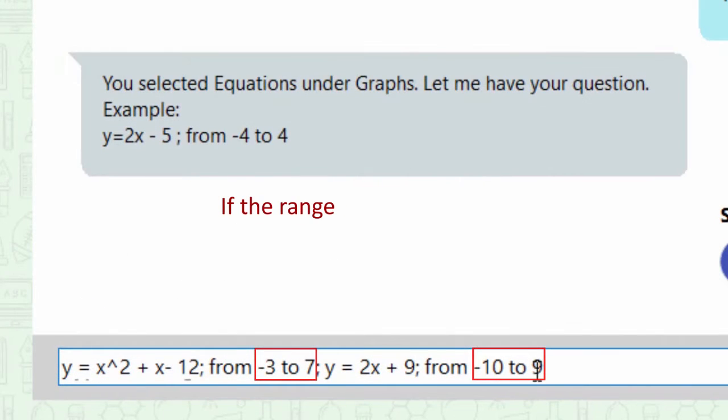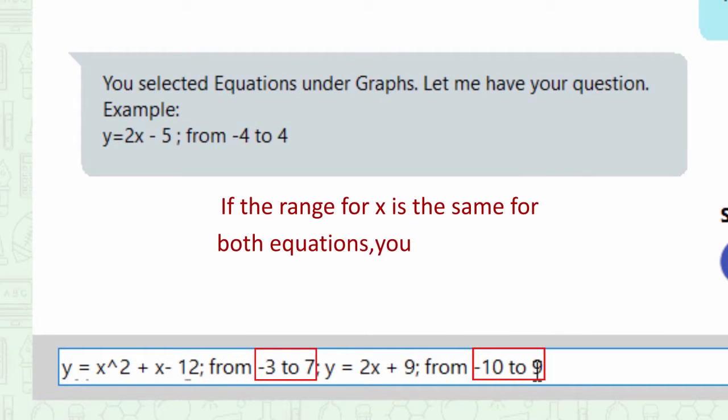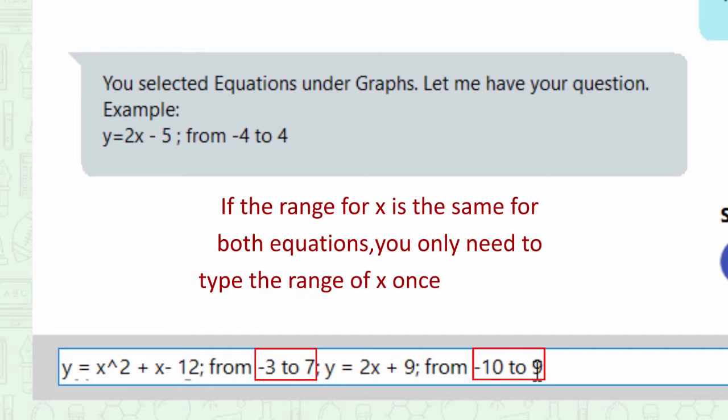If the range of x is the same for both equations, you only need to type the range of x once at the end. For example,